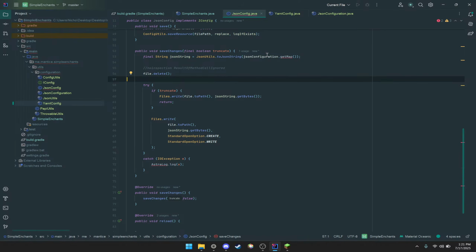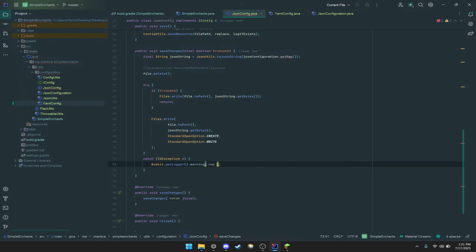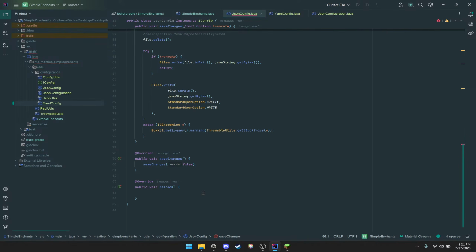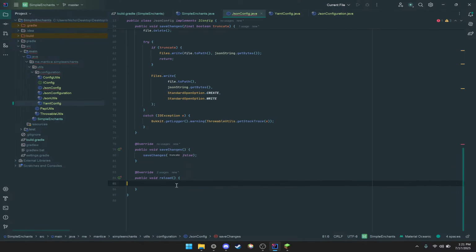So all we need is the JSON configuration to get map, and we need to log this properly here. Just like that. And then save changes will default to false truncate, so you won't accidentally truncate the file if you don't want to. And then reload,